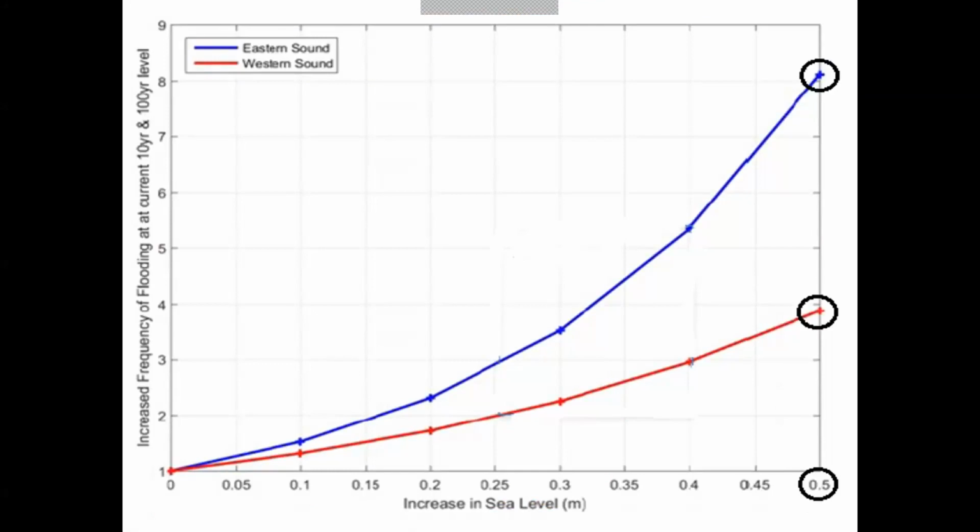But another thing which I'd never heard before, which makes a big difference to us, is that the eastern sound, think New Haven toward Mystic, is going to have a very different reality from the area from New Haven to Stamford. The storm surge numbers change. Now, my limited understanding tells me that this has to do with the fact that it's wavier down by Greenwich than it is by New London, so the increment of sea level rise has a different percentage impact.